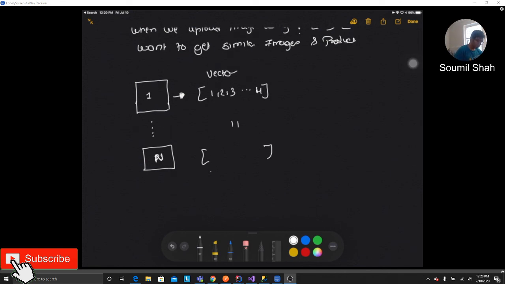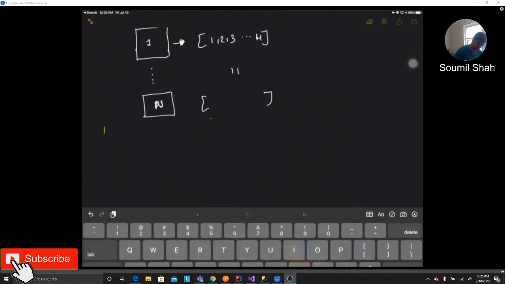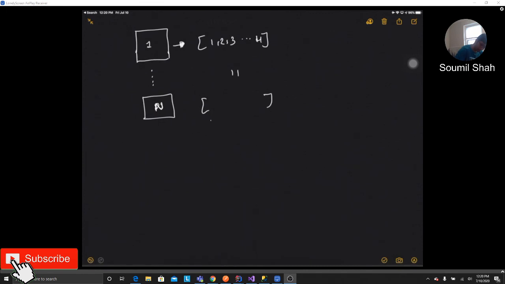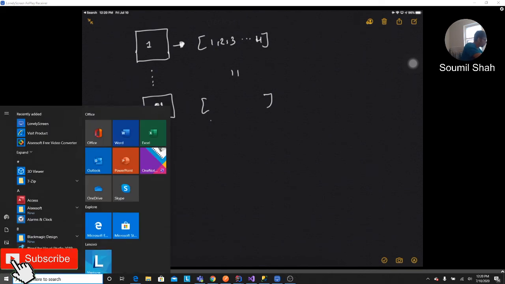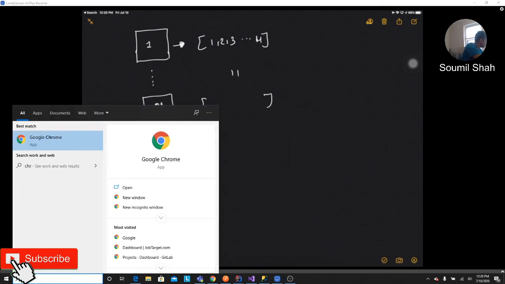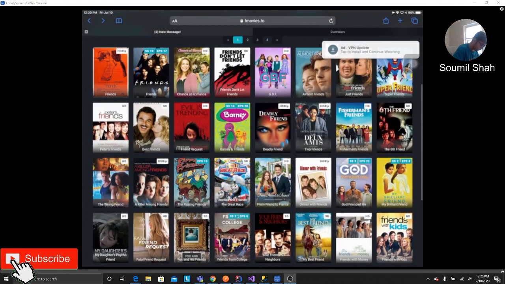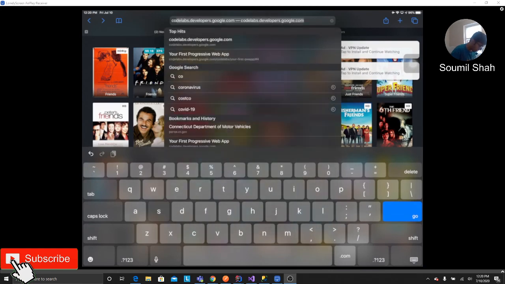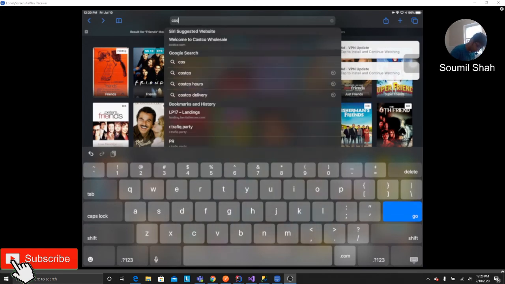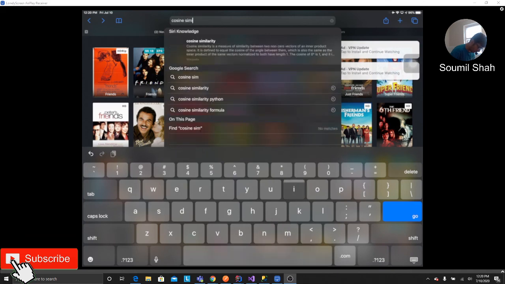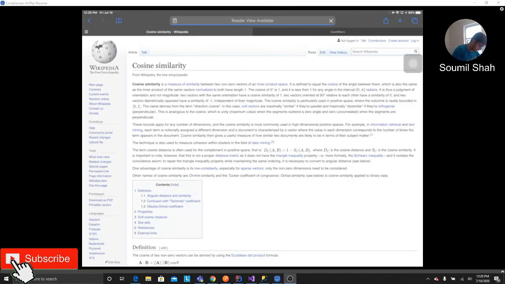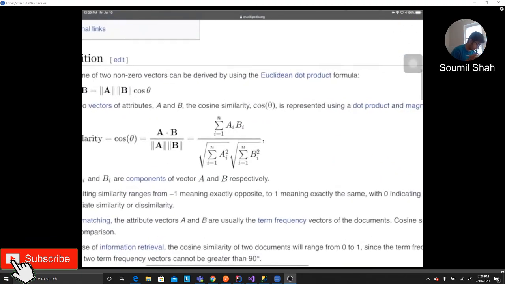Now once you translate that into a vector, we can apply machine learning algorithms on this. So for example, I'm going to show that. Once we convert that, let me pull up the formula. Give me one sec, I'm going to pull up something on my screen. Or actually I can pull it up on my iPad as well. So let me show you. If you see carefully, we need to compute this formula.